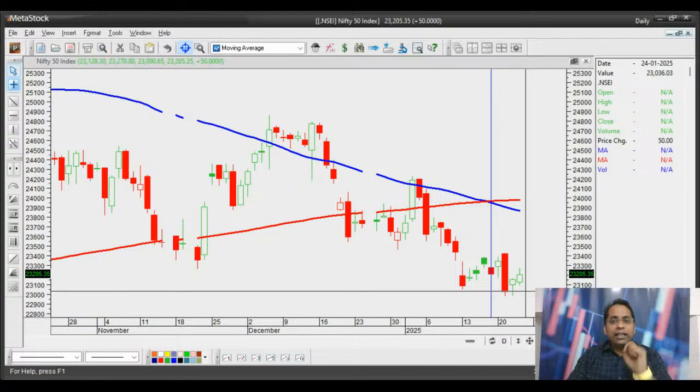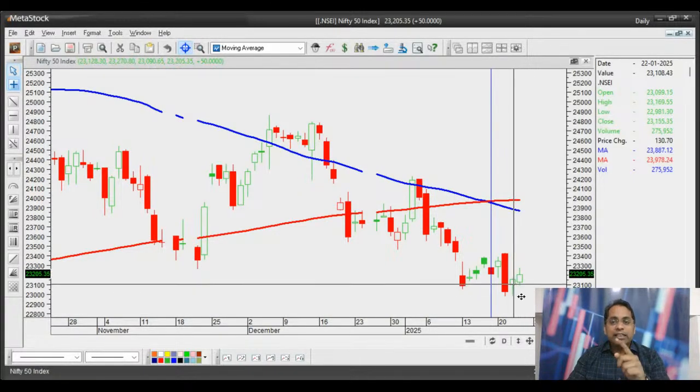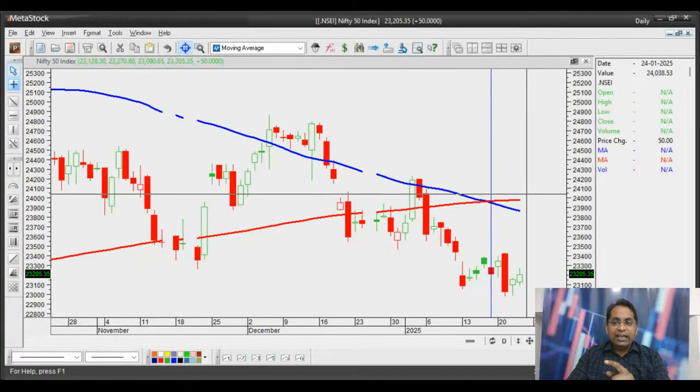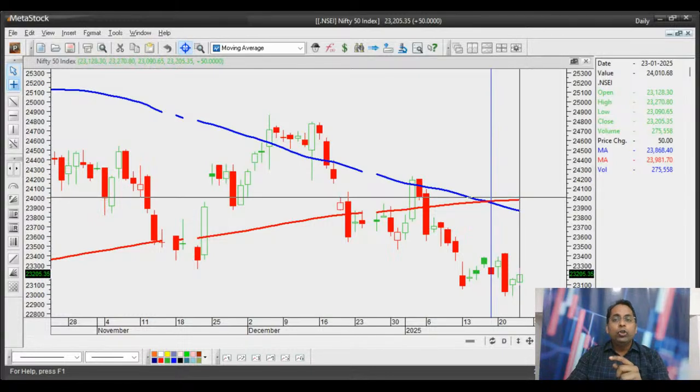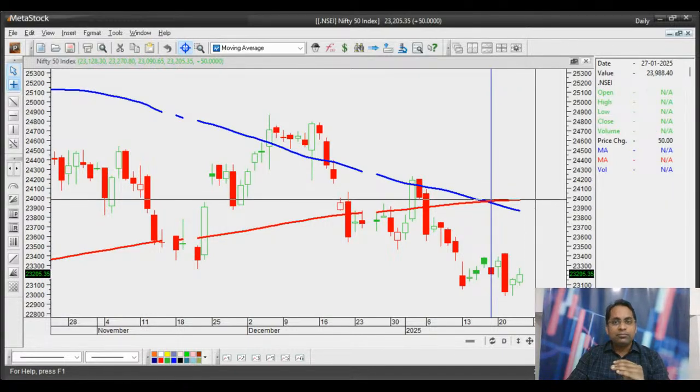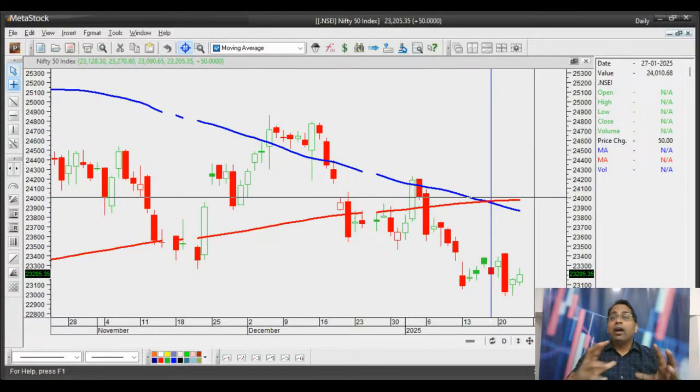But the real test of a death crossover happens once the index retests and tries to come back to this 200-day moving average line, which means that there is a very strong likelihood that closer to the month of February or the budget, there could be a chance that the index may bounce back and try and come back to that 200 DMA line, which is 24,000. But अगर ये 24,000 sustain नहीं होता है, तब जाके second round of correction आता है.